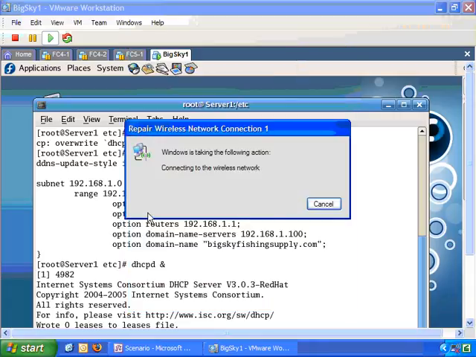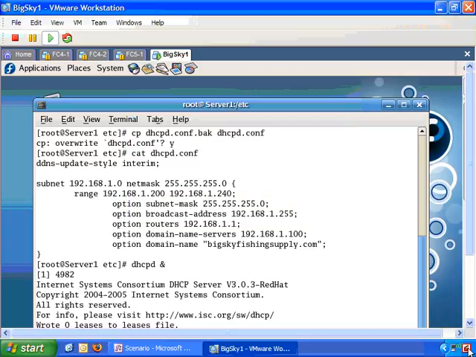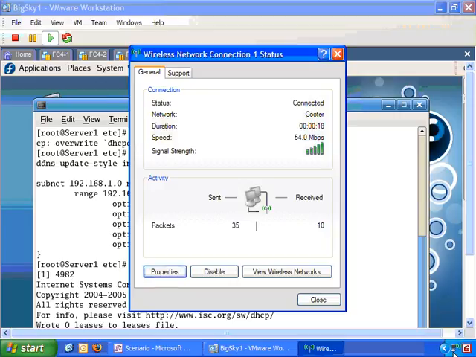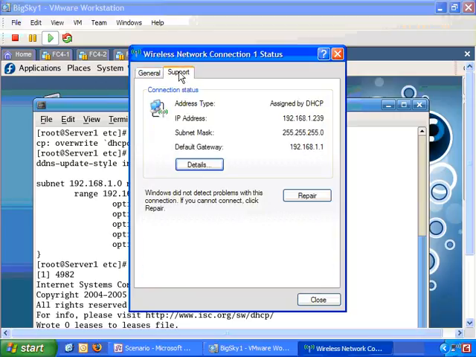So it goes through, it disables the adapter, it re-enables the adapter, connects to the wireless network in our case because we're using wireless, and then it renews our IP address, does a few other things there, and it says it finished repairing the connection. So I'm going to go down here to our adapter, double click that, go to support. Notice right here, right off, we have a new IP address,